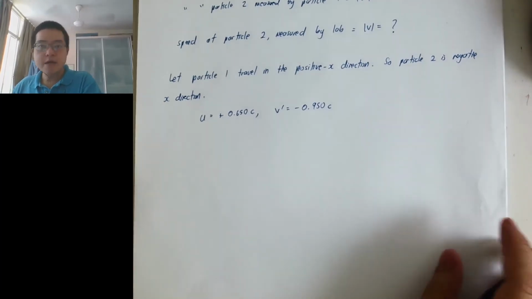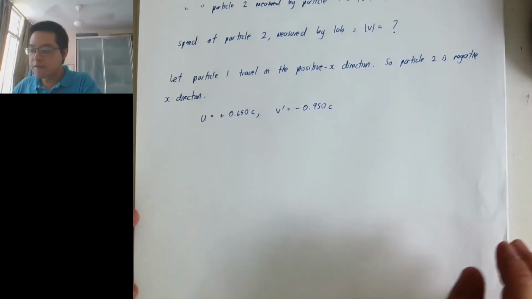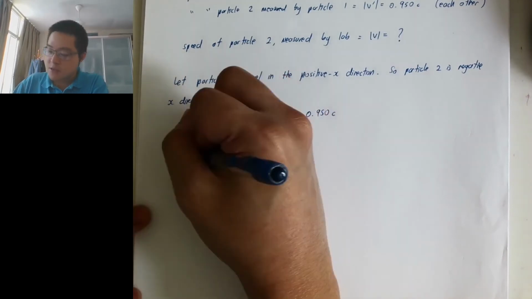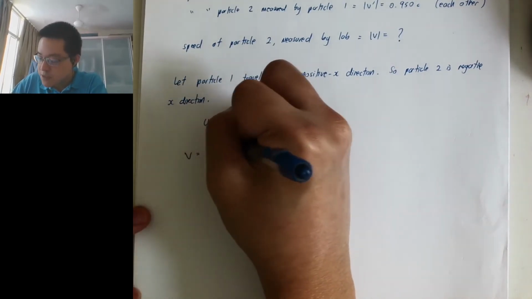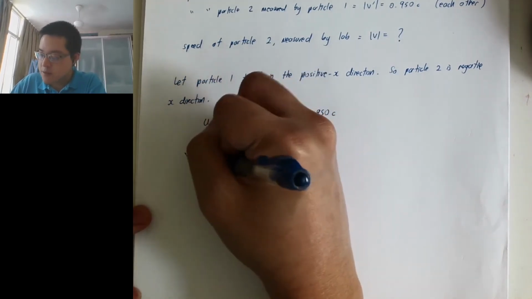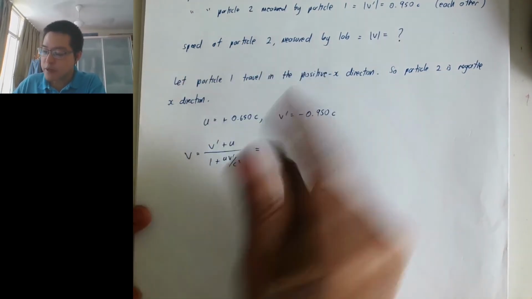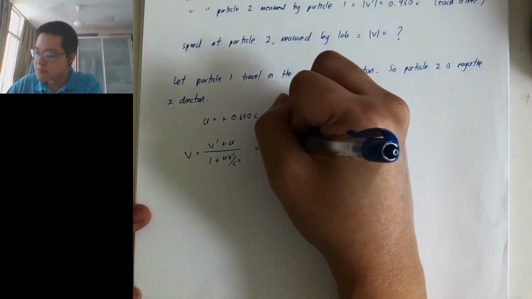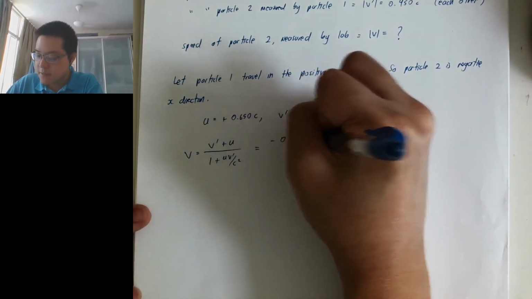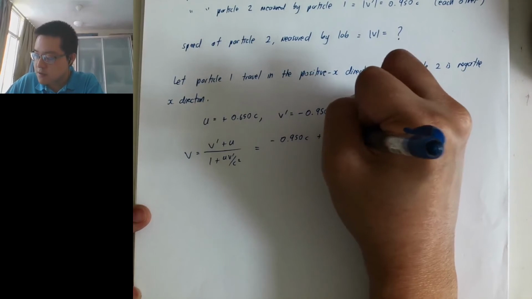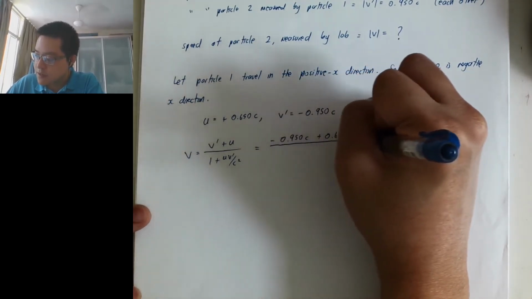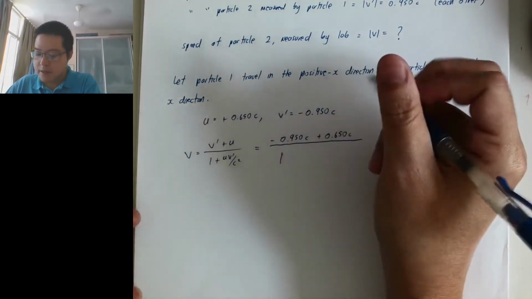Then we use the Lorentz transformation formula for v, right? I want to find v. So the inverse transformation is v prime plus u, over 1 plus u v prime over c squared. If I put in the numbers, it is negative 0.950 c plus 0.650 c, and then dividing all these numbers by 1,